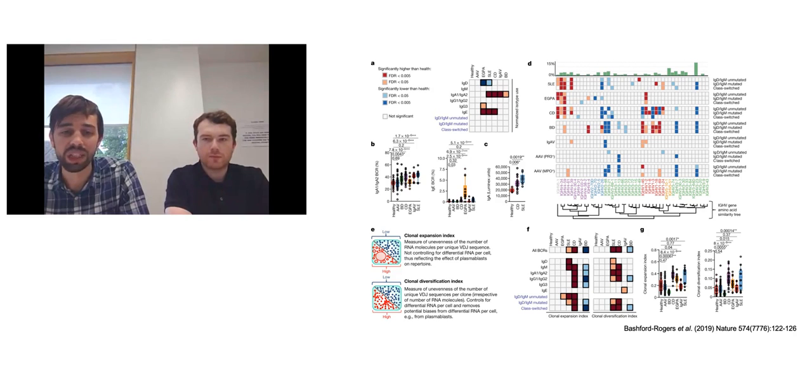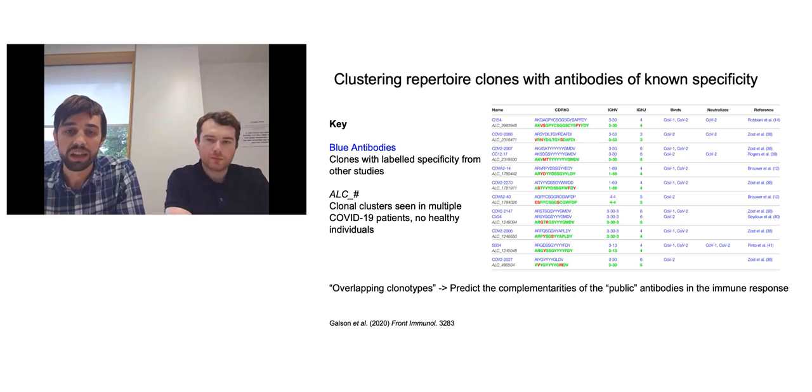So given how diverse a typical repertoire is in terms of the genetics, does this individual's repertoire seem to replicate that? If it does, maybe it's a typical healthy individual. Perhaps if there's biases here, the individual is undergoing a response towards particular antigen specificities, or perhaps there's some autoimmunity or something else going on here that we don't typically see. So we can relate these expansions and diversifications to particular diseases and start to understand what's going on there.